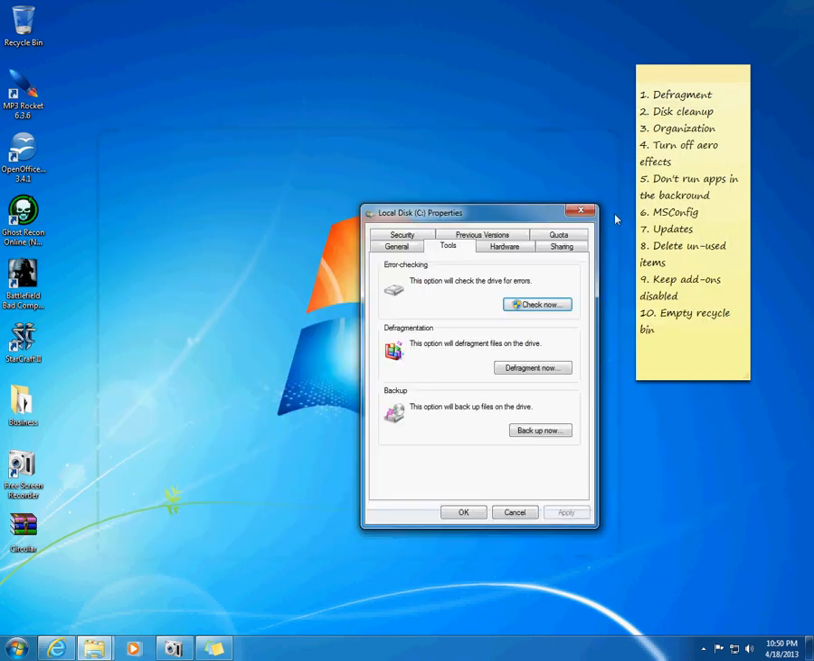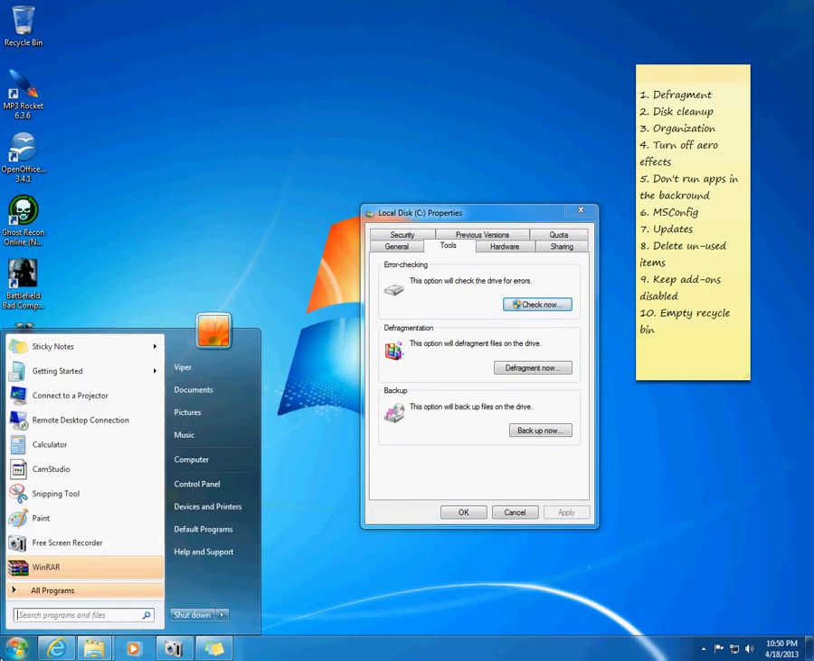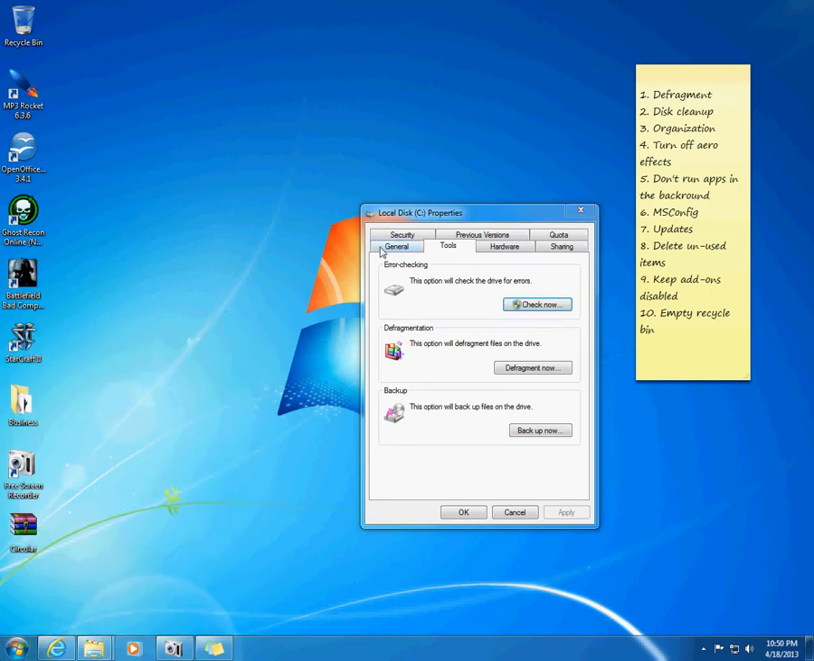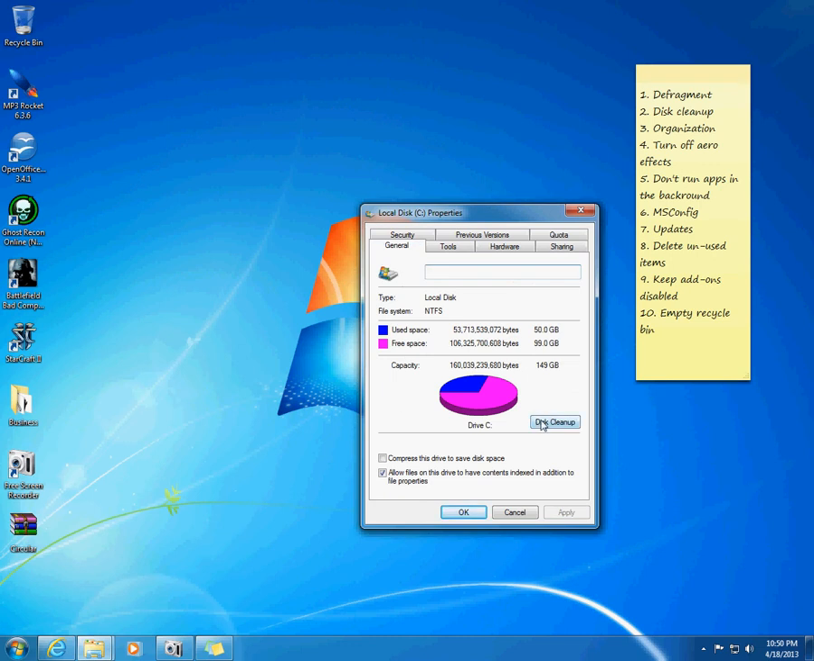You also have Disk Cleanup, which is located in the same spot. Well, it's not in Tools, but if you go to Computer and then right-click the C drive, under General, you'll see Disk Cleanup. This deletes all the temporary files, basically. You just click Disk Cleanup, it'll scan it, and then it will,